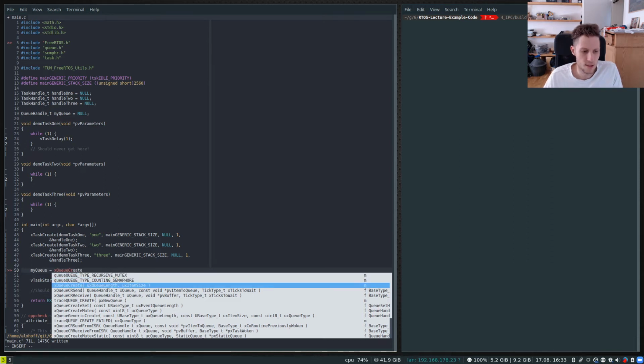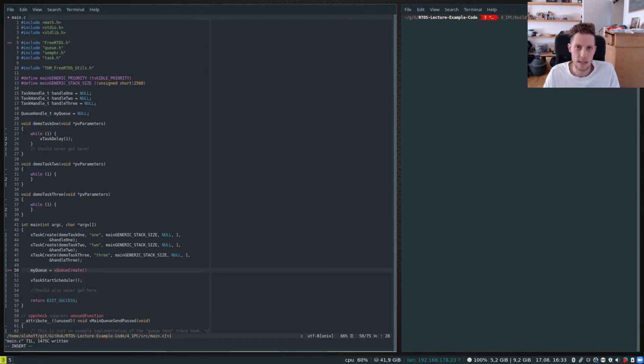Yes, and so it takes in two arguments. We take in the length, so that's the amount of entries, and then the size of each item. So let's say I want to send integers. I'm just going to make an arbitrary length of like 10, and I'll use the sizeof operator to get me the size of int. Now this could be anything, a structure, an array, whatever you want. But here, I'm just wanting to send integers. And so what I'm going to do is I will